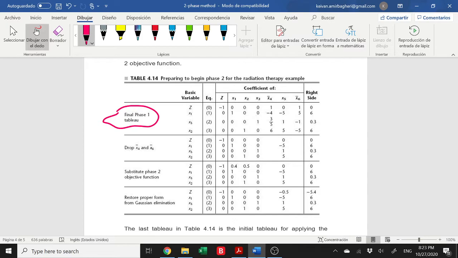How should you do that? You should drop the lines of x4 bar and x6 bar. Imagine they don't exist, because we solved them and already calculated them, and just by using them we tried to find the first feasible solution. So we drop this one. As you see, instead of 6 columns, now we have 4 columns. So the next step,